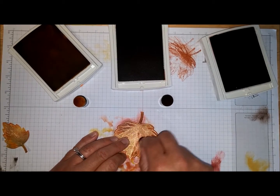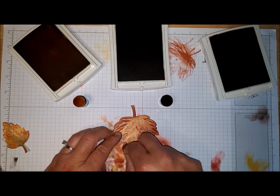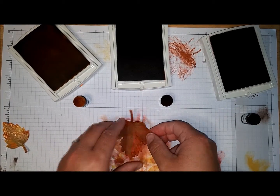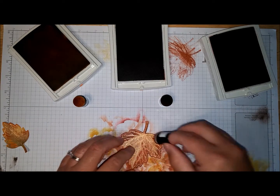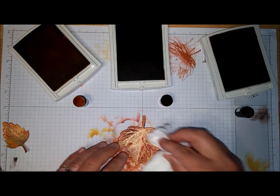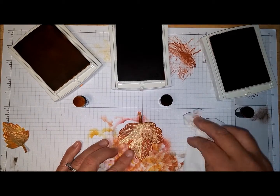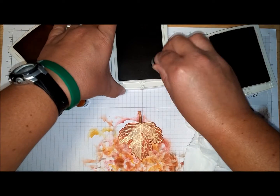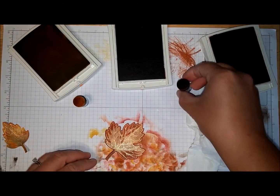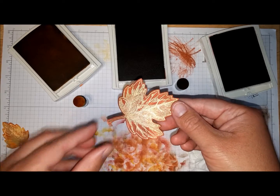And use it to add. All the leaves that I've done have all been different, just as in nature, all the leaves that you find on trees look just ever so different when they're changing colors in the fall. So you can see, this is something you get very messy on, but it's a lot of fun. So I've done the wiping away. I'm going to add, I think, just a little bit more color on the edge there with the Cajun Craze. And there you go. So that is the big leaf